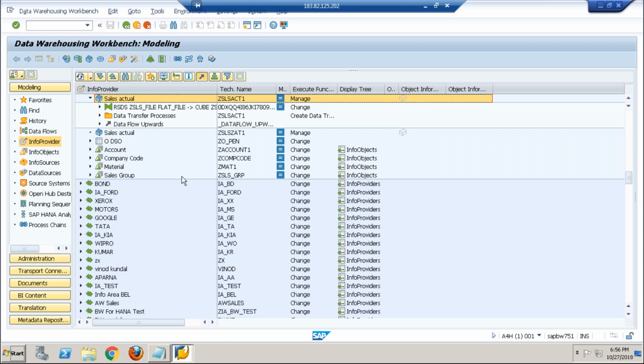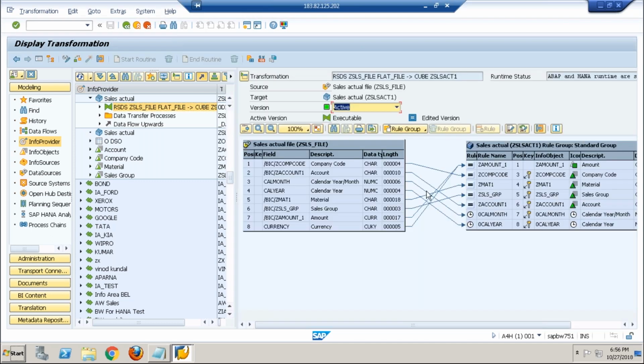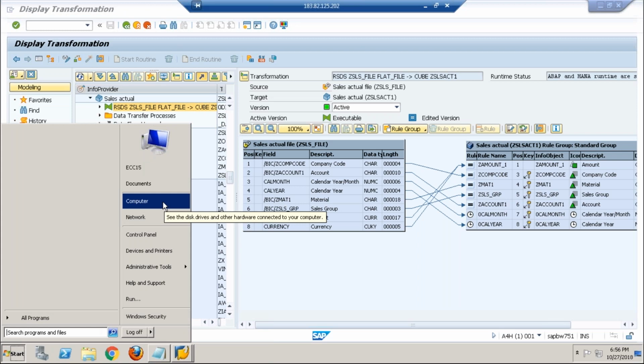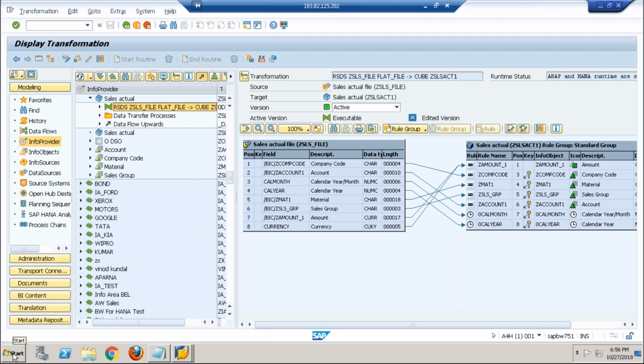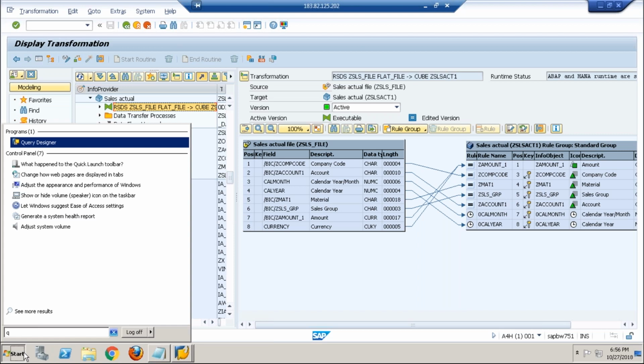See this transformation also. See how many info objects are here? Only 8 info objects in the source system, 8 info objects in the target system. If you build a query on top of this,